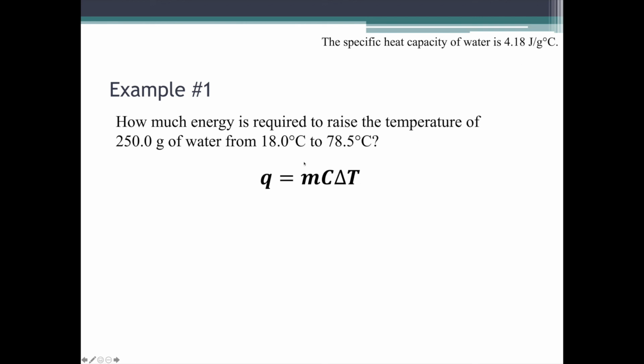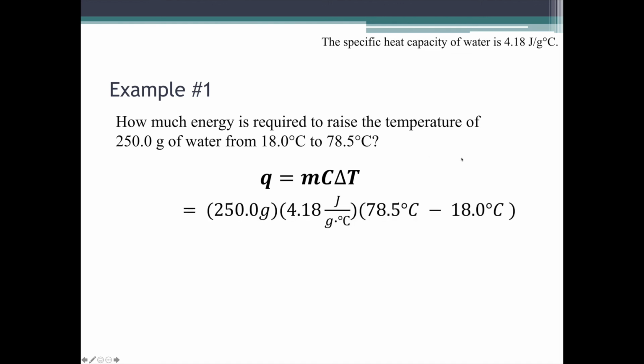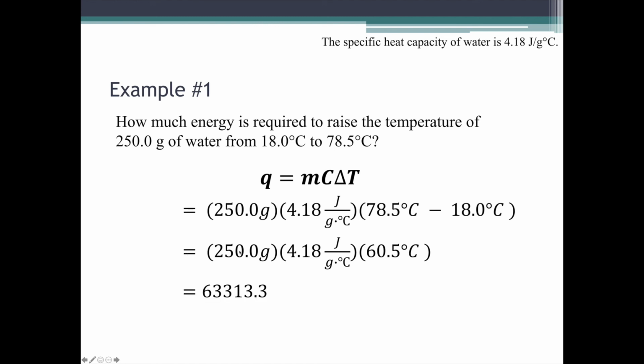Now for delta T, it gives me a range of temperatures. It goes from 18 to 78.5. Well, to find the change, I do final minus initial. I started at 18, I ended at 78.5. So when I go to solve for Q, I've got the mass 250, the specific heat 4.18, and then the final 78.5 minus the initial 18. I'm going to start by solving inside the parentheses here, 60.5 degrees Celsius, and then multiplying these three values together, I get